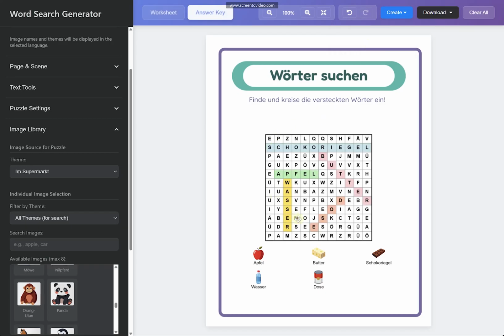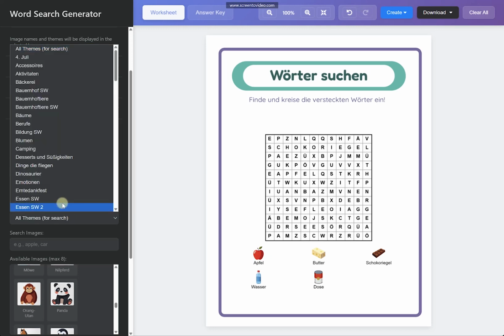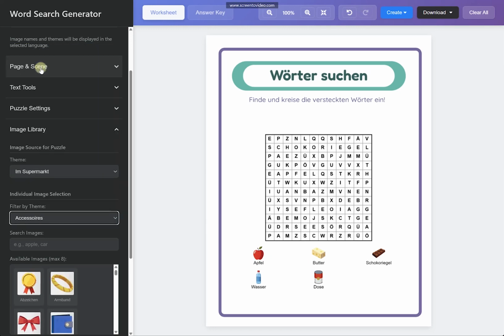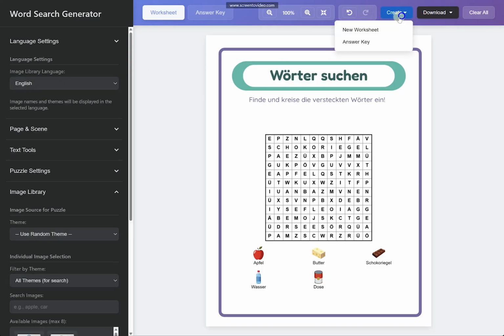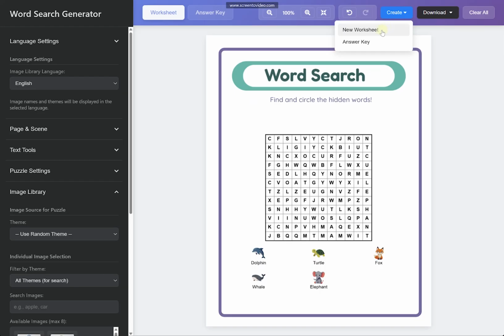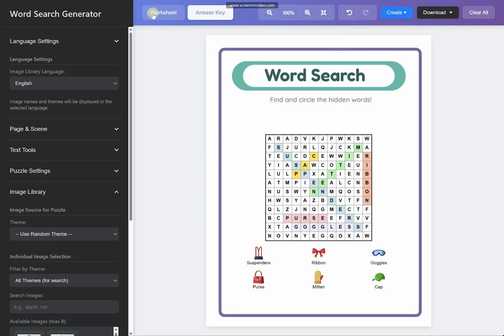Now, the toolbars and the menus would still stay in English, but everything on your worksheet will appear in the language which you have chosen. The names of categories and the names of images will be in the language which you choose. So you again choose language, choose the theme, choose create,